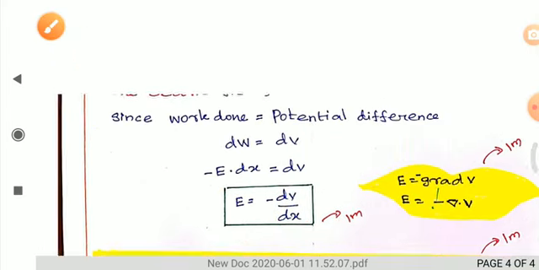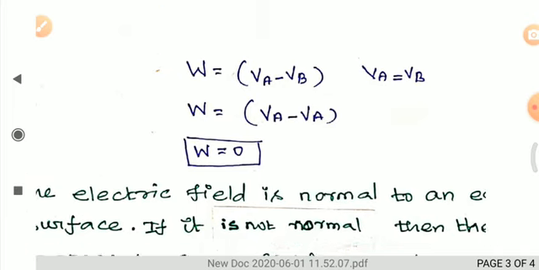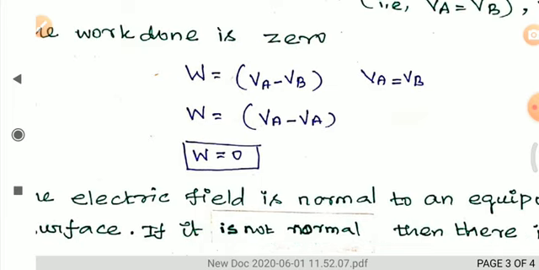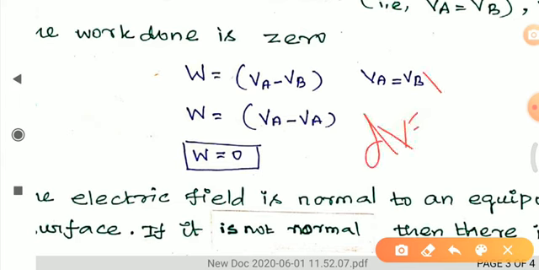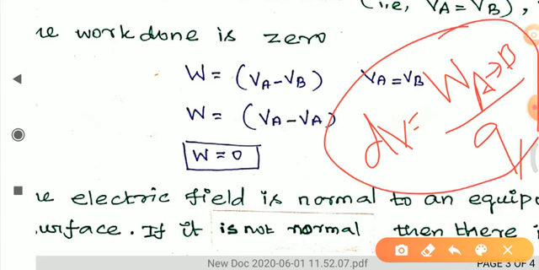Then from the equipotential surface we can expect 2 mark or 3 mark questions. Then one more formula, if we need it: W is equal to, or potential difference dV is equal to W A to B divided by Q. This is also an important formula, that is V is equal to W by Q. V is equal to what? W by Q. For a small potential difference we write dV, otherwise V is equal to W by Q.